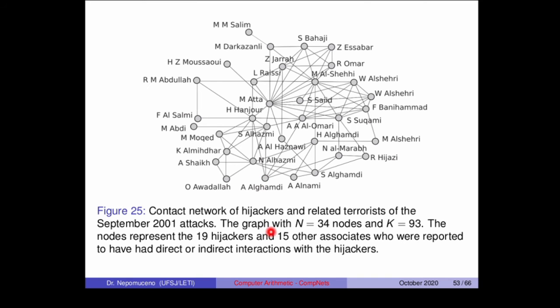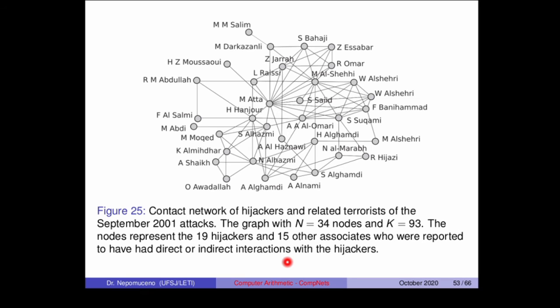Another example is the contact network of hijackers and related terrorists of the September 11 attacks. The graph has n equals 34 nodes and k equals 93. The nodes represent the 19 hijackers and 15 other associates who were reported to have had direct or indirect interactions